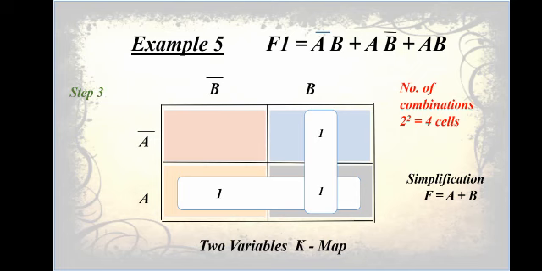Then we will see the vertical form. Now in the vertical form, that is in the B column, 1 1. So we will see in which corresponding cells it is lying. Here it is lying in rows A complement and A. So again normal and complemented form is there, so it will be eliminated, but it is coming in the row B, so we will write B. So this is actually the simplified expression. That simplified expression is actually your step number 4. These 4 steps are compulsory to perform in K-map.